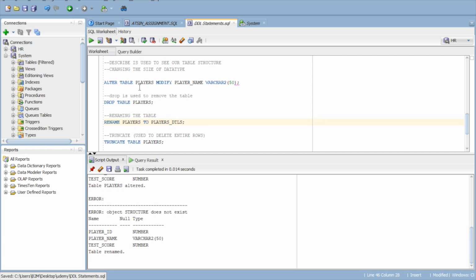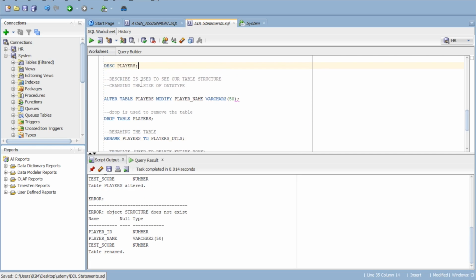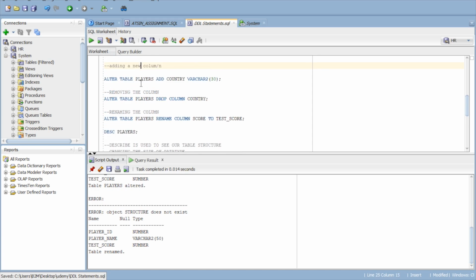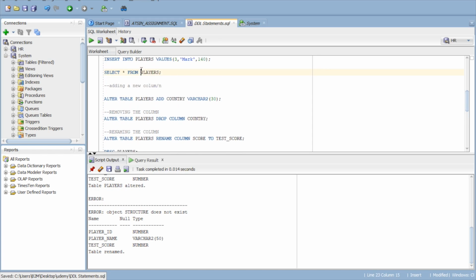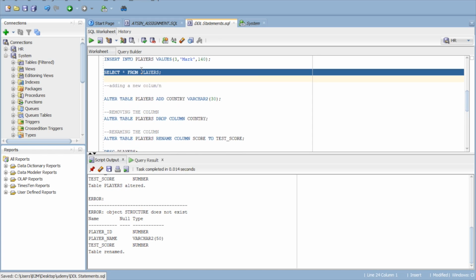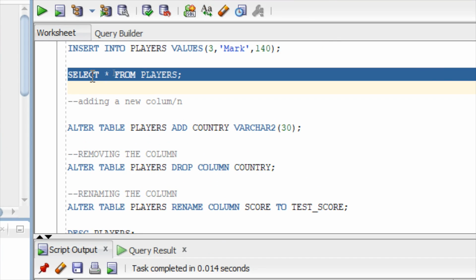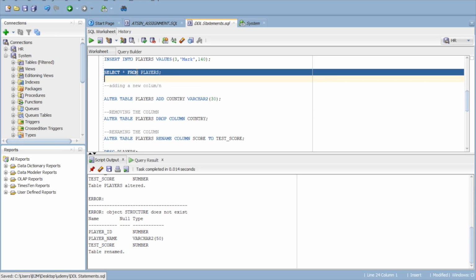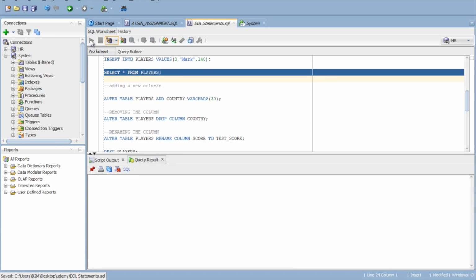Okay, so now if you execute this command, select star from players, do you think it will execute? It will say table or view does not exist. Any guess why it's saying this?